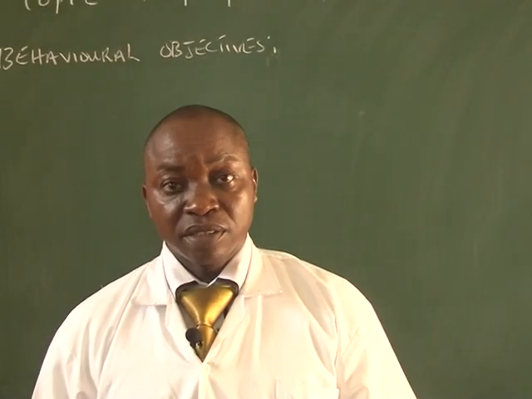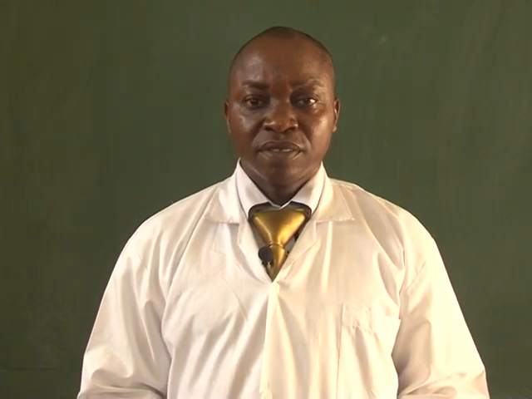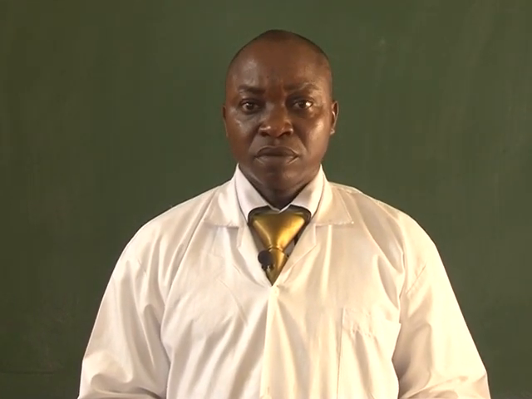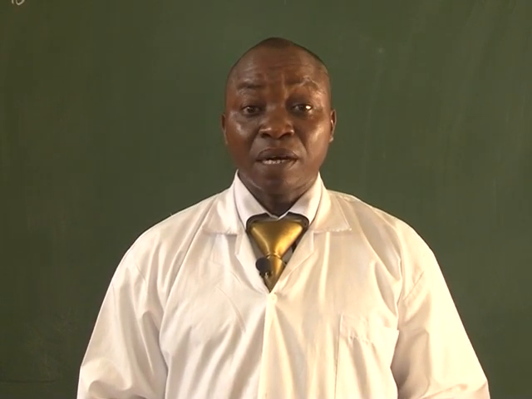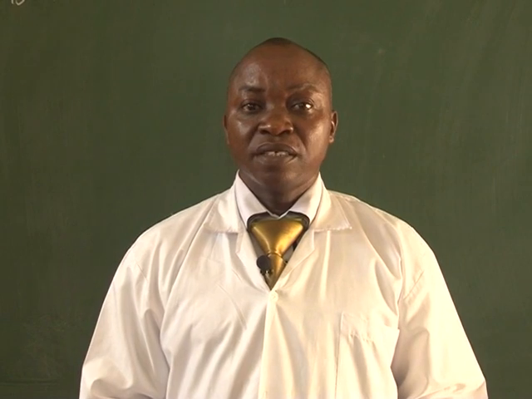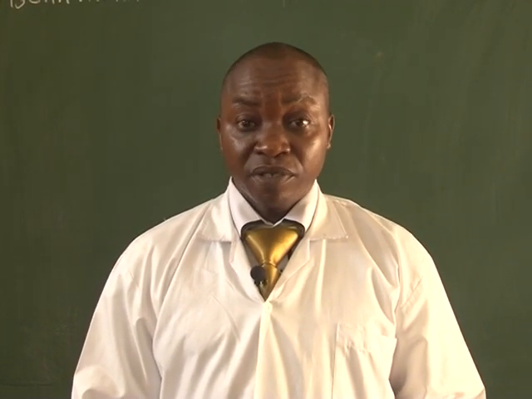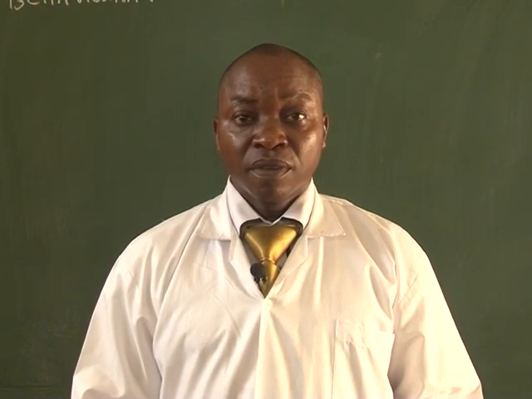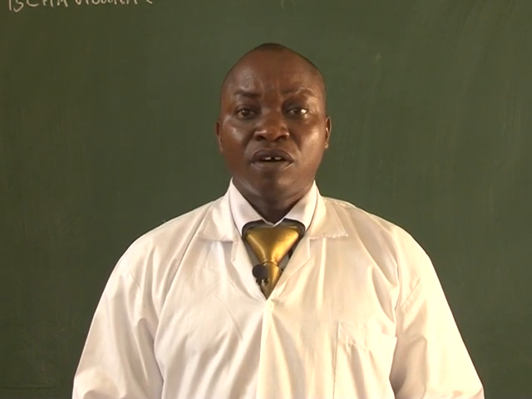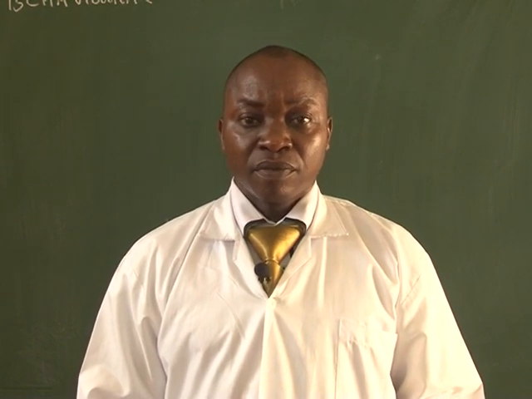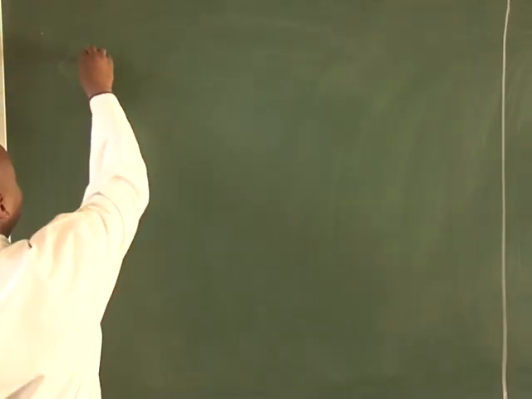Now, behavioral objectives. At the end of this teaching, the students should be able to define polynomial equation. The students should be able to apply the factor and remainder theorem to factorize any given polynomial. The students should be able to determine unknown constants of any given polynomial. These are the objectives. Now, let's look at the definition of